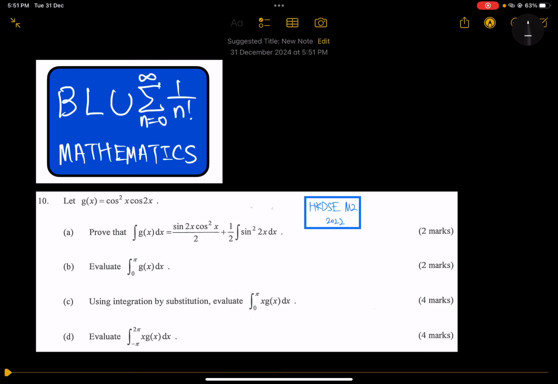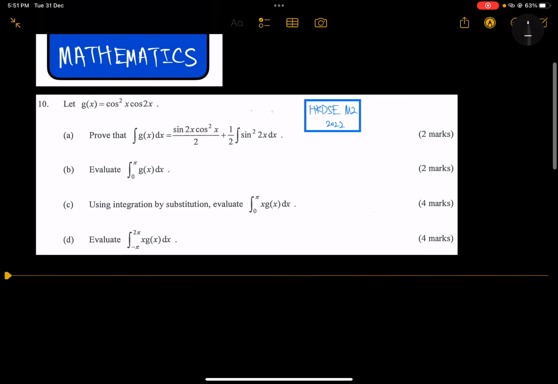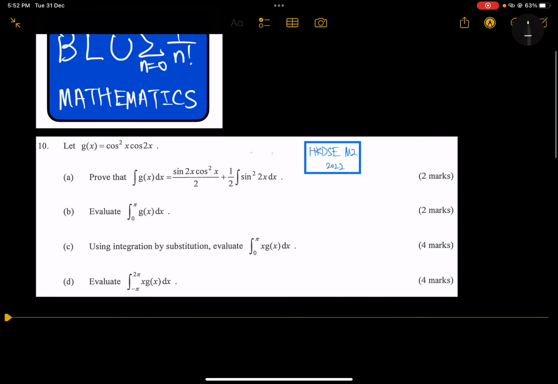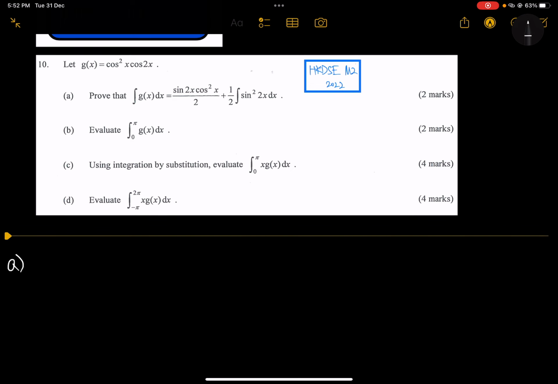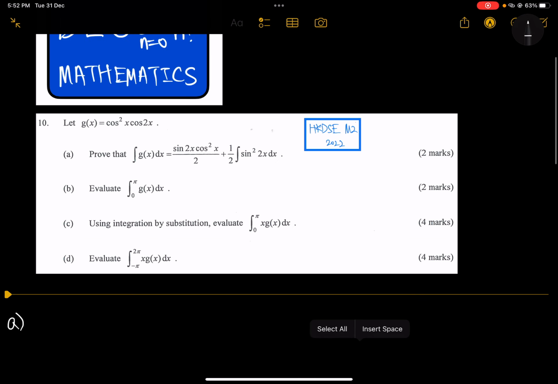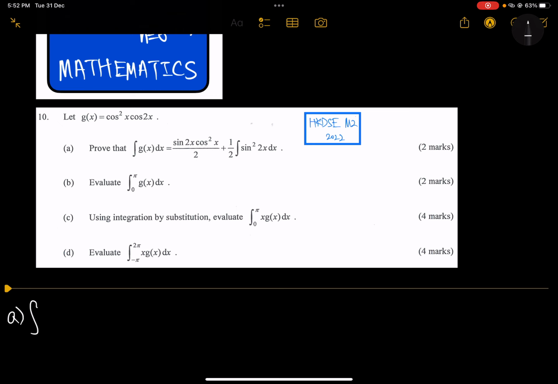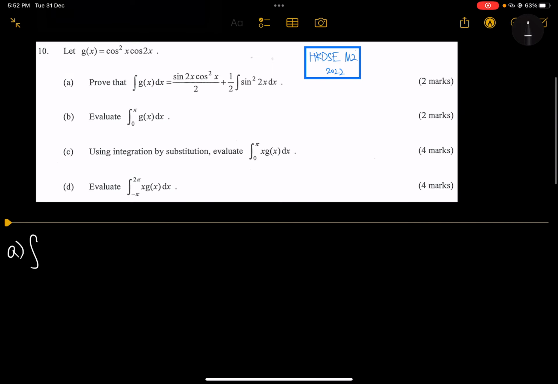Okay, so today we're doing some integration questions again. This one is rather straightforward, I think. Not really, it's less straightforward than the one I did yesterday, but this one's also quite easy. So in part A, if we're proving this, I believe, not even I believe, this is just doing integration by parts. So obviously this is equal to this,